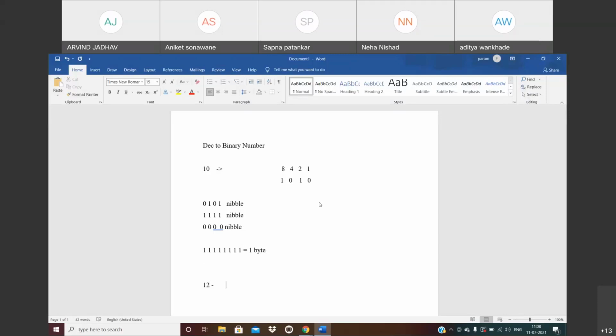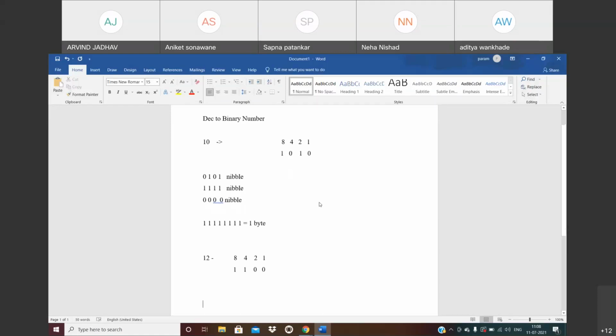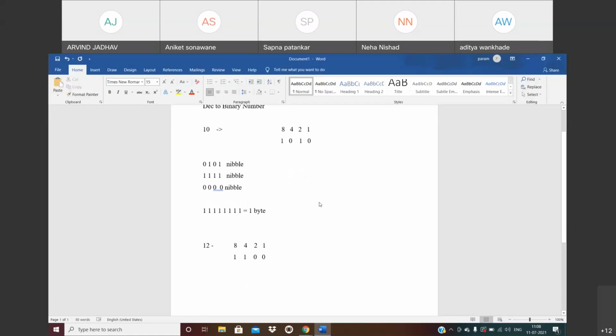If you want to calculate the binary of 12, then we need to use the rule of 8 4 2 1 and perform the addition. 8 plus 2 we got 10, 8 plus 1 we got 9, 8 plus 4 we got 12. That means here we need to place 1, here also we need to place 1, and the rest of the bits are 0. By using this way we can easily calculate the binary number.